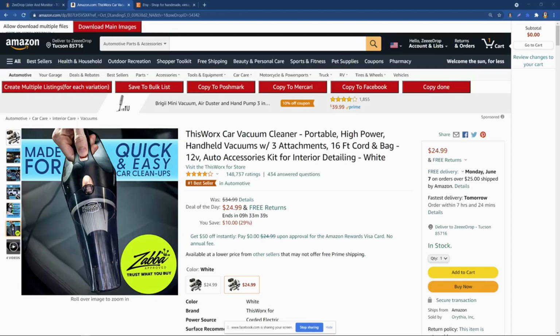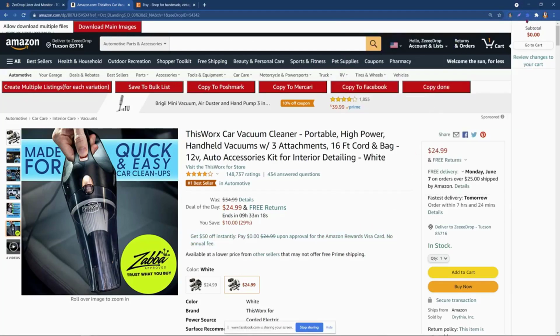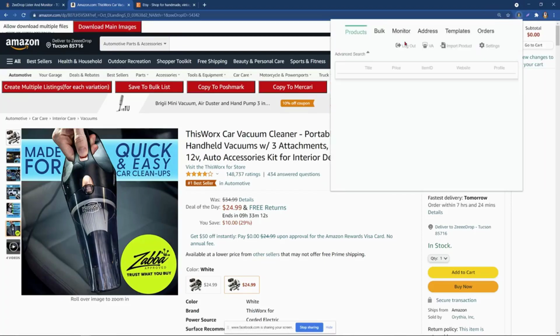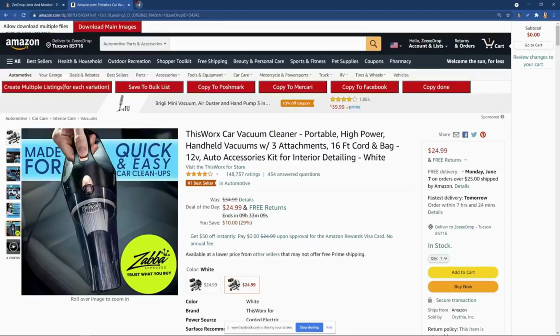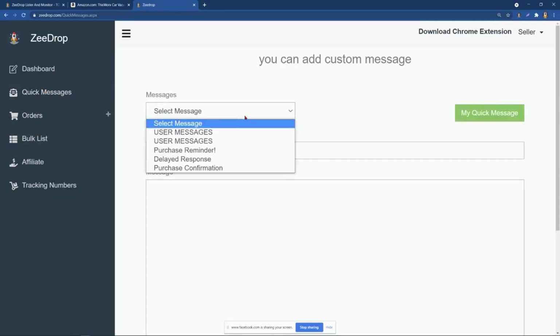Okie dokie. It's pretty much the same for Poshmark, Etsy, and Mercari. The platform layout is just going to be a little bit different. We've gone over bulk and review images. We are going to show you quick messages, which is on the dashboard. Okay, so we are going to